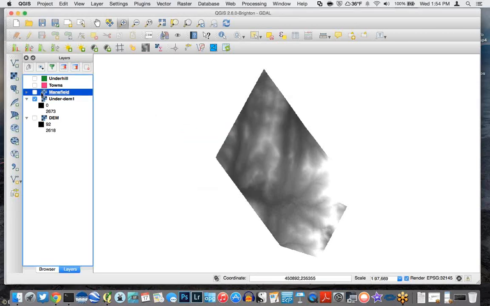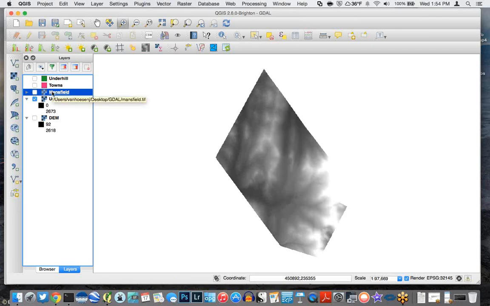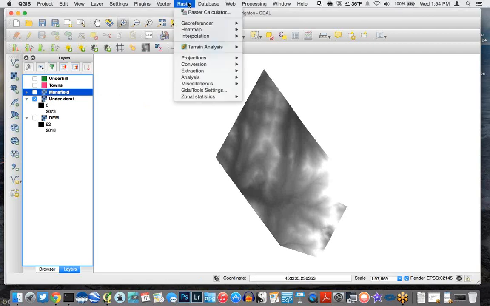If you do want to reproject, so this is lining up fine because the coordinate system is identified properly. But if we do want to project, we can use the GDAL warp. And so